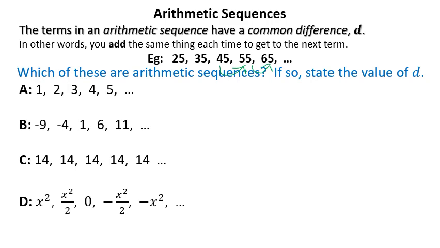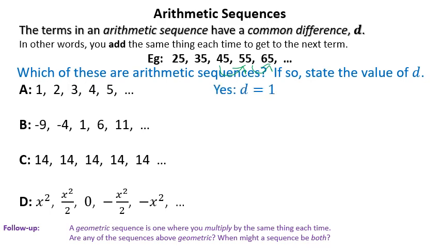Based on that definition, can you work out which of these sequences is an arithmetic sequence? If it is true to say that there is a number that you could add each time to get from one term to the next, a fixed number, then it will be an arithmetic sequence. Pause and have a think and see if you can make a decision for each of these four possibilities. Okay, starting with the first one,